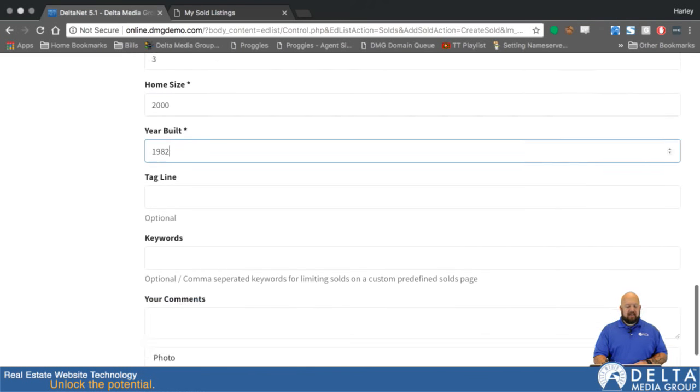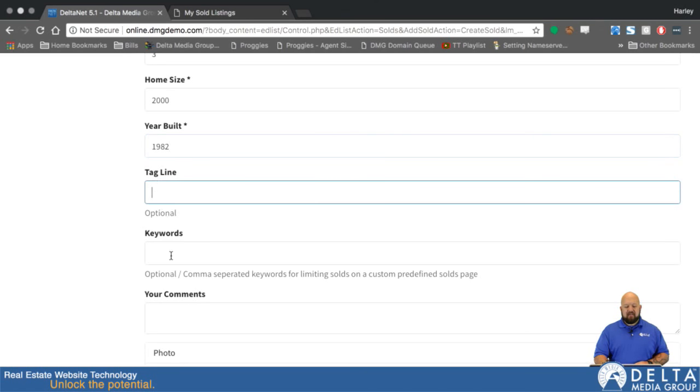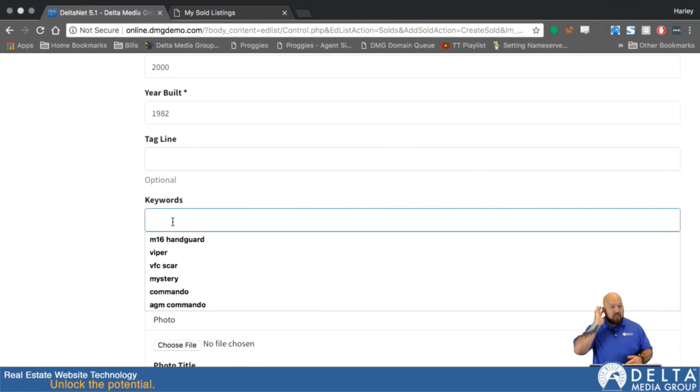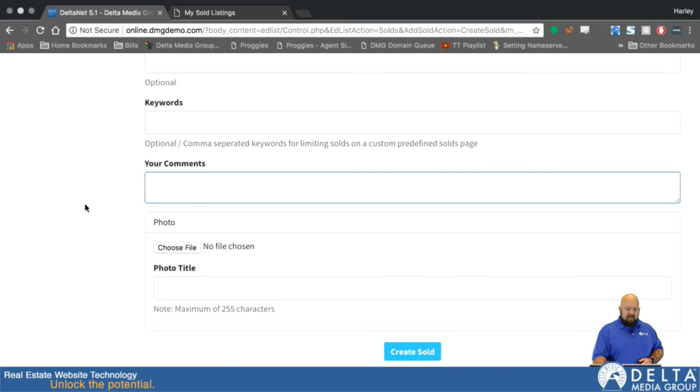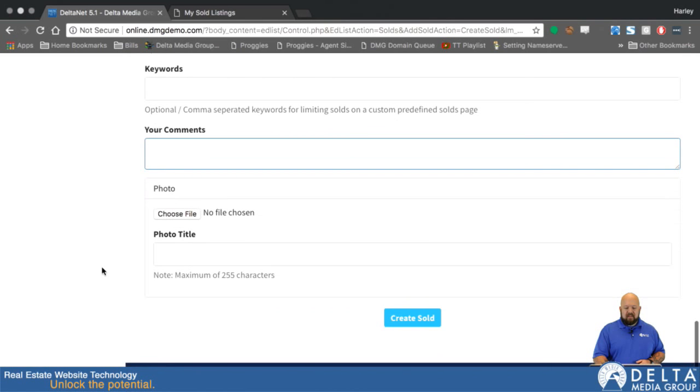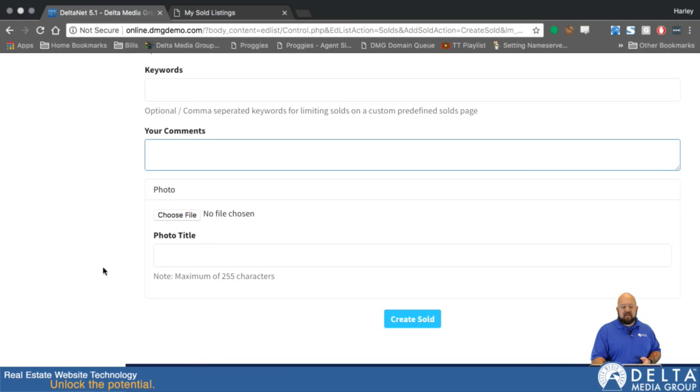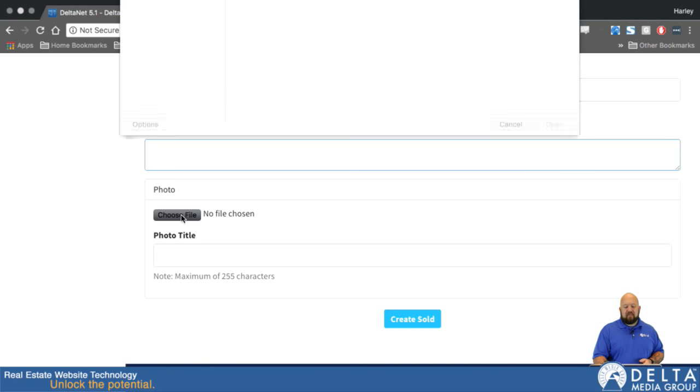built in 1982. And we've got that same tagline field here, that keywords field, which again, the keywords field is used by the sold listing system to decide which sold listings page to put them on. Since my sold listings page has no keywords on it, it'll show all listings with no keywords on them. And comments, again, that would just be like the MLS comments. And now for a photo, we'll go ahead